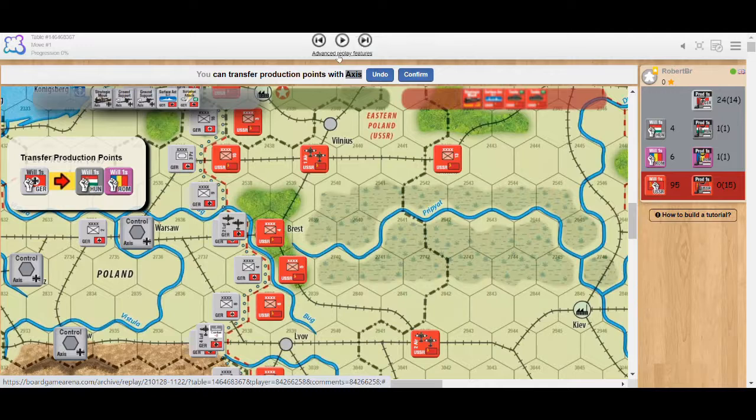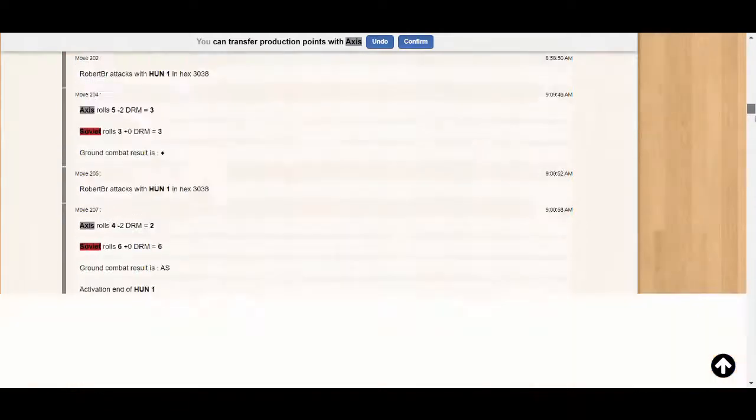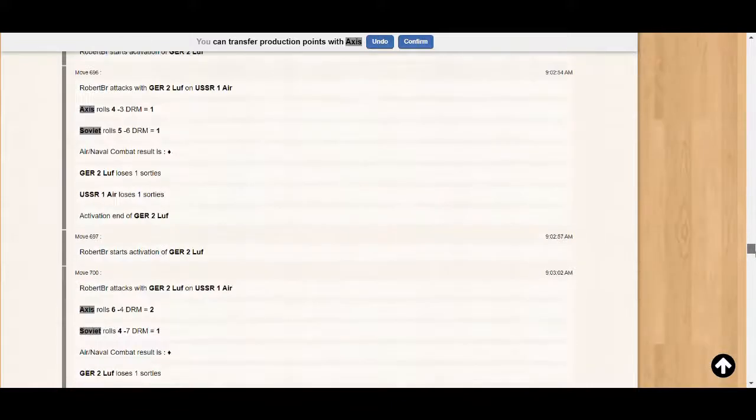Underneath we also have an advanced replay features option. Just turn that on, and that adds a couple of options. The one we're interested in is show game history, which takes us down to the bottom of the page where we have the game log that Board Game Arena creates for every game. This is a text file that just tells you what moves are taken in what order with timestamps. So we need to scroll down through that,